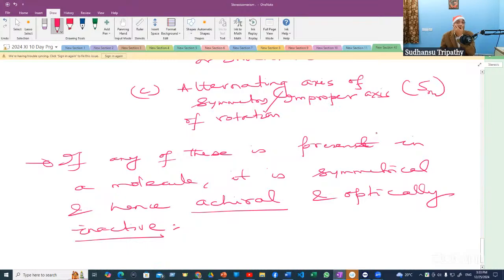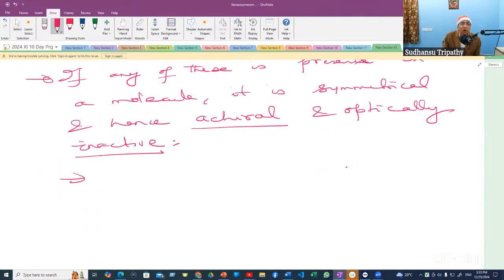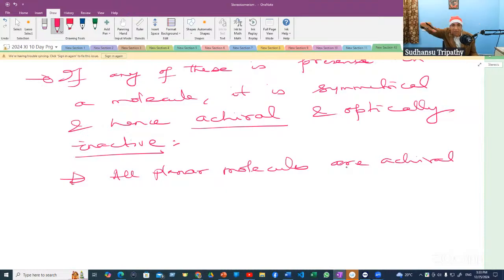PPL pass kale, nothing will happen. And in this context, I would like to tell you all planar molecules, even if they have different groups, substituents, are achiral, because the molecular plane, the plane passing at the midpoint of all the atoms in that particular plane, is itself the mirror plane or plane of symmetry. I will talk about that in a short while from now. All planar molecules are achiral and optically inactive,